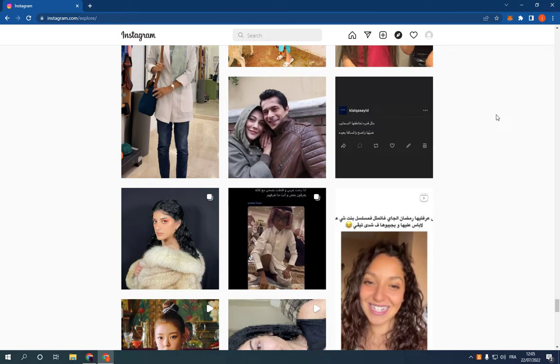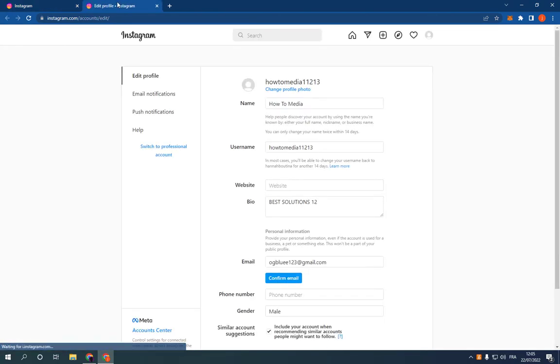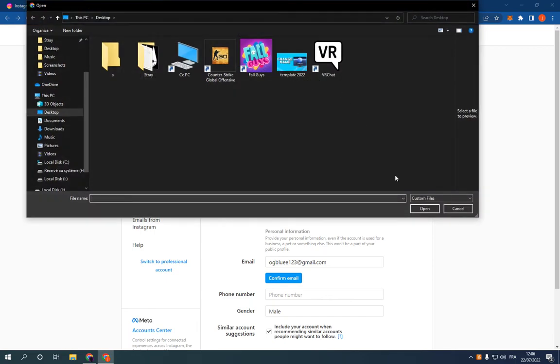This is the home page. Now go to the top here, click on your profile picture and click on settings. It will take you directly to this page, as you can see. Now all what you have to do here is simple. Just click on this change profile photo option, and then you can choose the photo that you want easily and